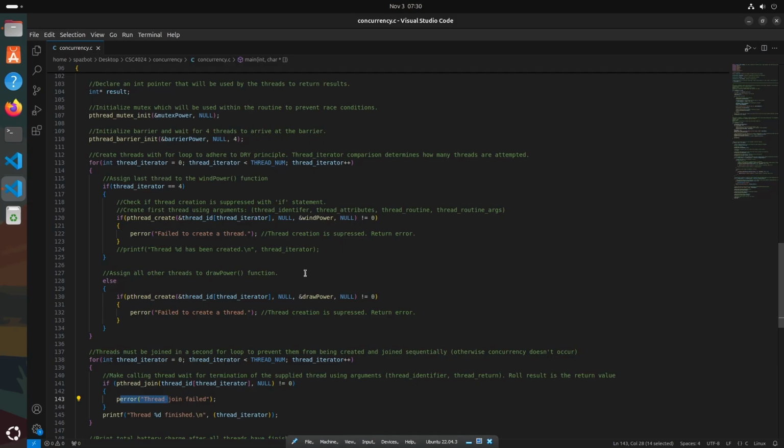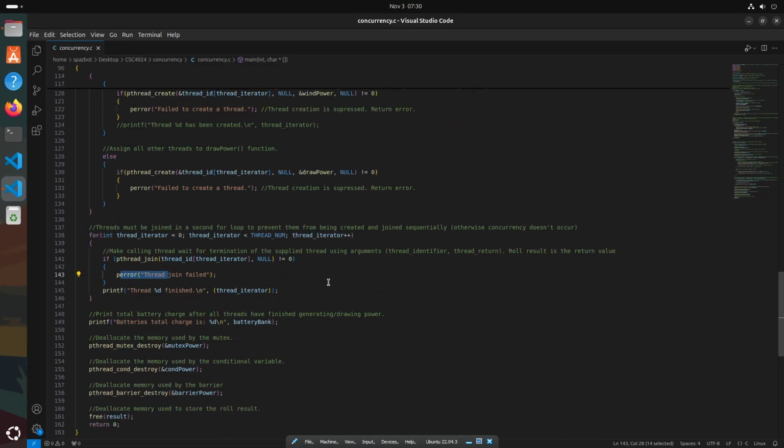In the last section, we reclaim all of the occupied memory. This is in order to prevent memory leaks. C and C++ are somewhat notorious for their lack of automatic memory management tools, such as Java's garbage collection or Rust's memory ownership rules, so it's important that we destroy and free the memory utilized by our various thread tools and other